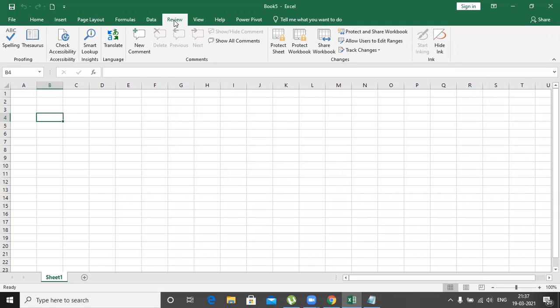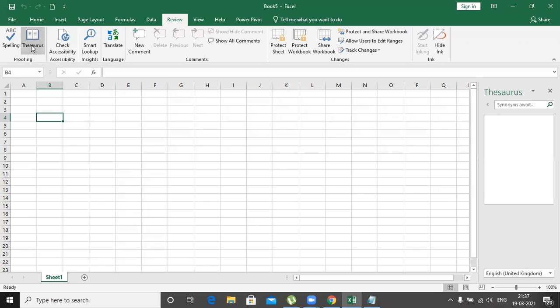Did you understand this completely about the Review tab? Yes. Okay, and one more we have is the Thesaurus. Thesaurus means identifying the meaning of a difficult word. Click here and it automatically opens in this area. For example, I'm entering a difficult word like renowned.